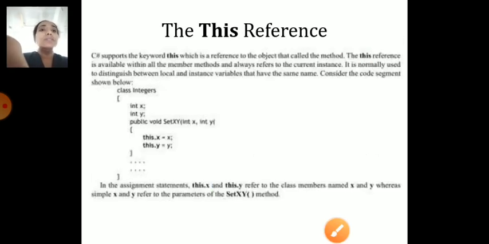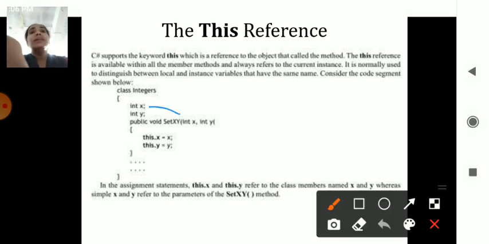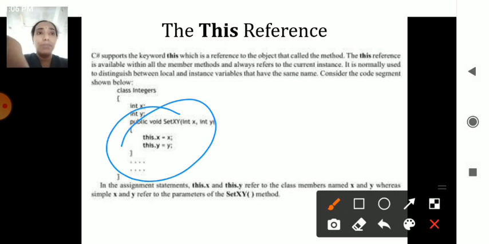Another concept is called the this reference. The this reference is nothing but it refers to the current element. Remember that the word this, used as a reference, refers to the current element in the program. Okay, I may use a variable x, I may use a variable y. When I want to introduce an element as the current element which I am using, I may allocate x is 10. So that is your current element, and I will use that current element and produce the output.